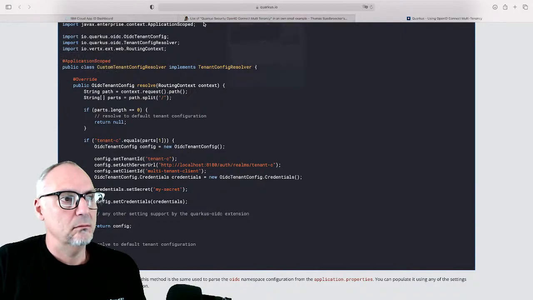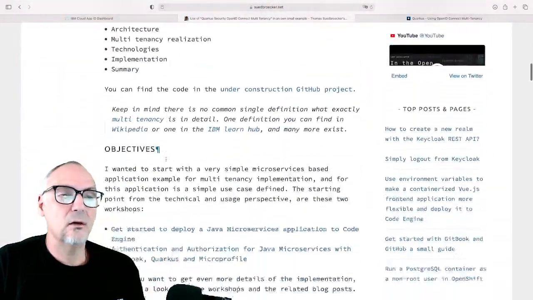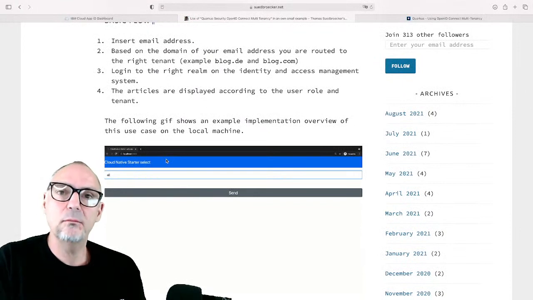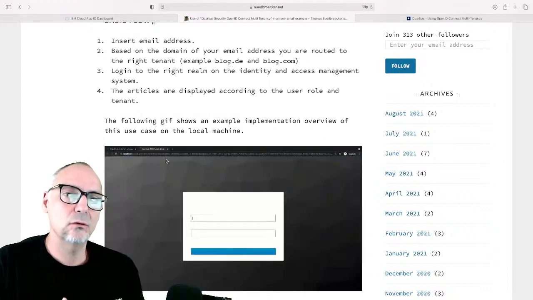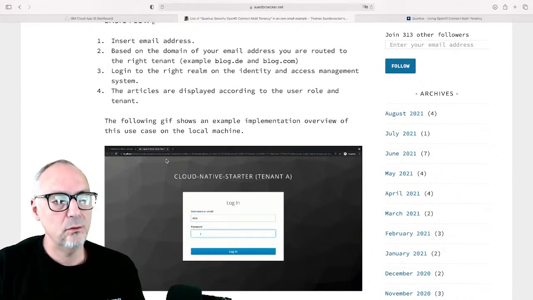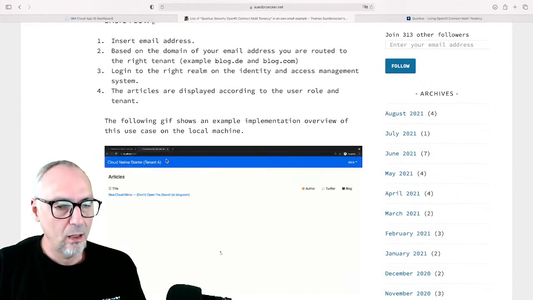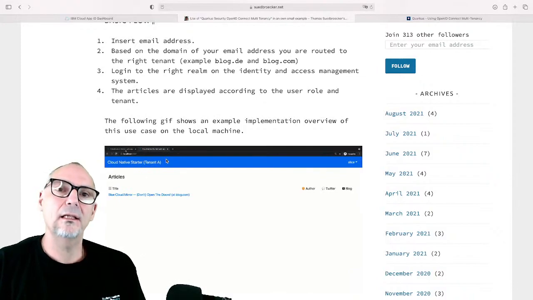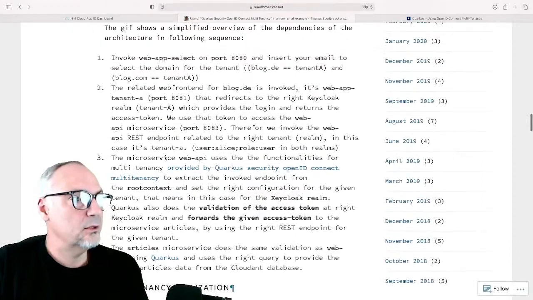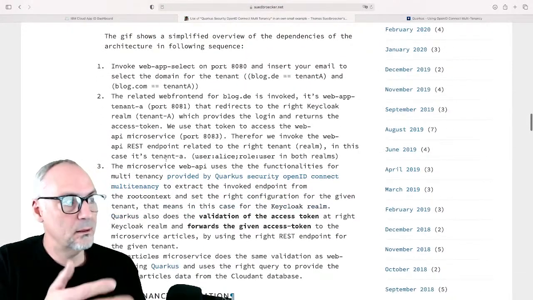Yeah, and more or less, yes, that's all. It's reacting on endpoint definitions and configures the right realm based on that endpoint definition. Here, in my case, when I use Quarkus, to the right realm. Yes, that's all. Here's also the description